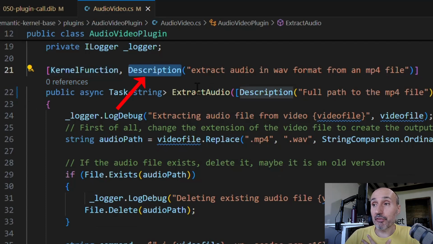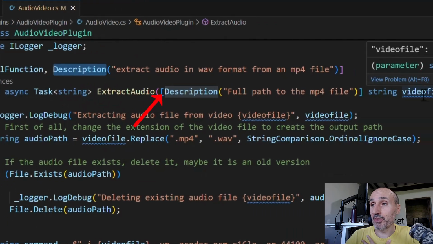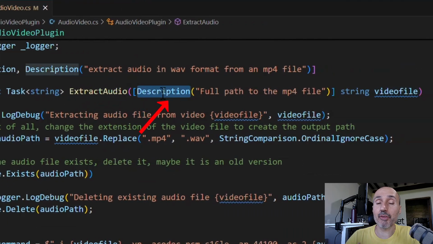And when you define the function, each parameter, like the video file, should also have a description to specify what this parameter is expecting to be. In this situation, I'm showing a simple ExtractAudio function that extracts audio in WAV from a video file, from an MP4 file. And the single parameter that I need is the video file parameter, and it is the full path of the